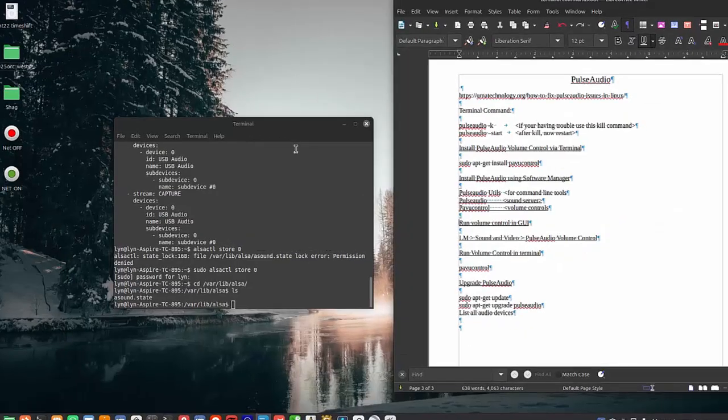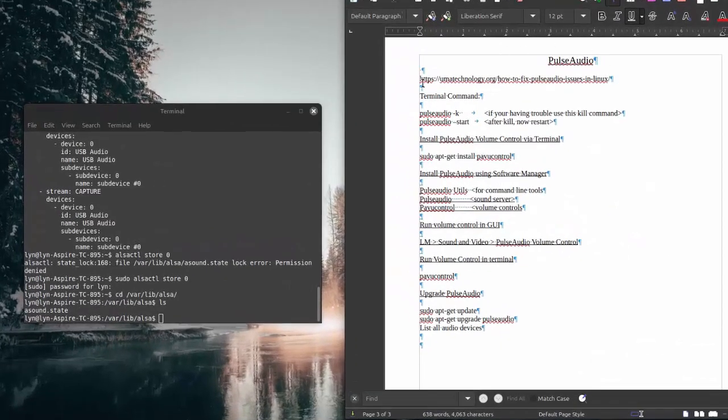Okay, this section will be dealing with PulseAudio. We have a website listed up here. If you go there and look at it, they have a lot more information about PulseAudio that you may find interesting, but most people really don't need all that information. If you're having problems with PulseAudio, you use this terminal command, pulseaudio -k. That'll kill the current running PulseAudio, and pulseaudio --start, notice that minus sign, will now restart PulseAudio,